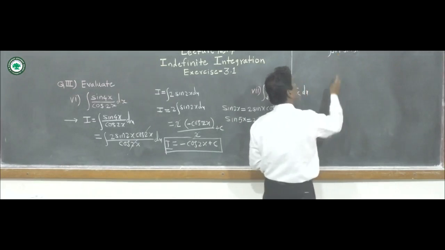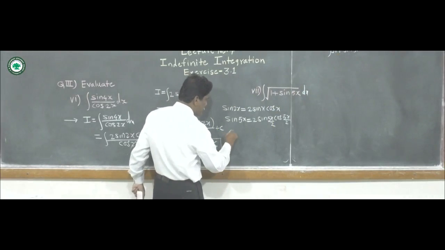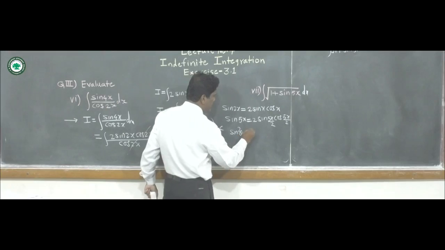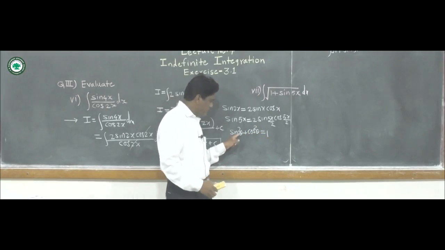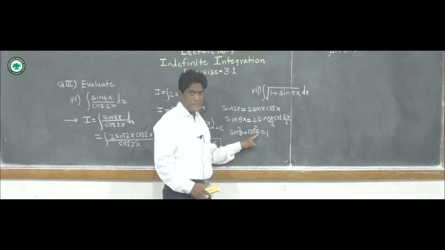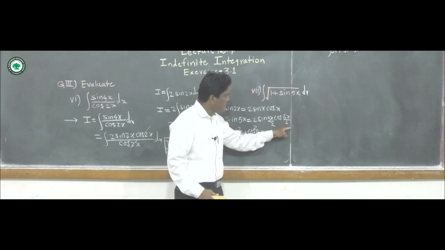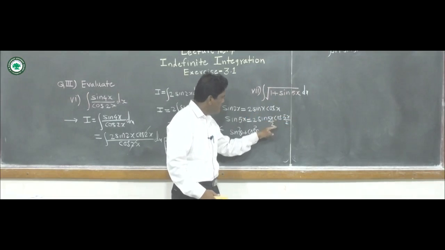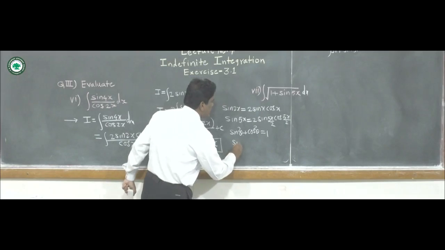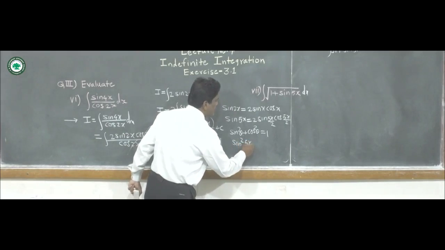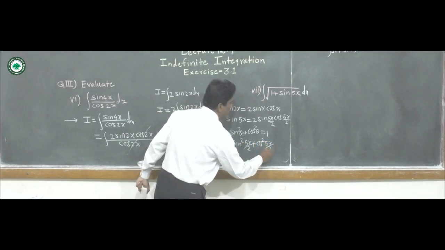Now for 1, we use the first fundamental identity. The first fundamental identity is sin square theta plus cos square theta is equal to 1. We know this. Here theta should be the same, but in sin of 5x we replaced with 2 times sin 5x by 2 cos 5x by 2, so here also we replace theta by 5x by 2, meaning sin square 5x upon 2 plus cos square 5x upon 2.